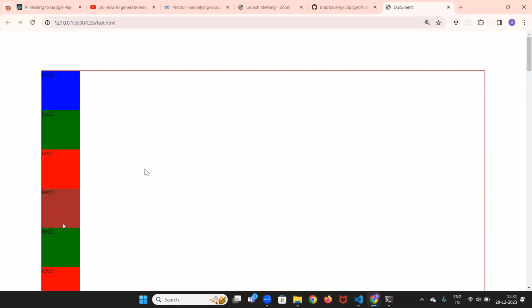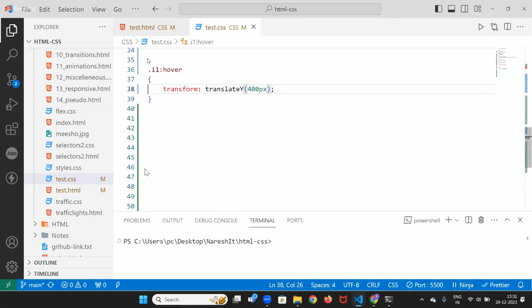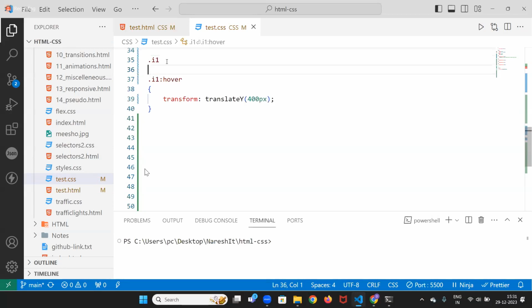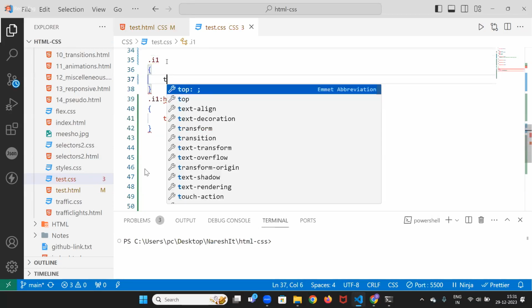Yesterday I did traffic lights. Earlier it is black color. Whenever I'm hovering, it is turning into red color. So always when it is changing from one state to another state, it is called transition. Transition means one state to another state. Now I will define transition. I will say I1 dot I1. Anytime whenever transition happens,